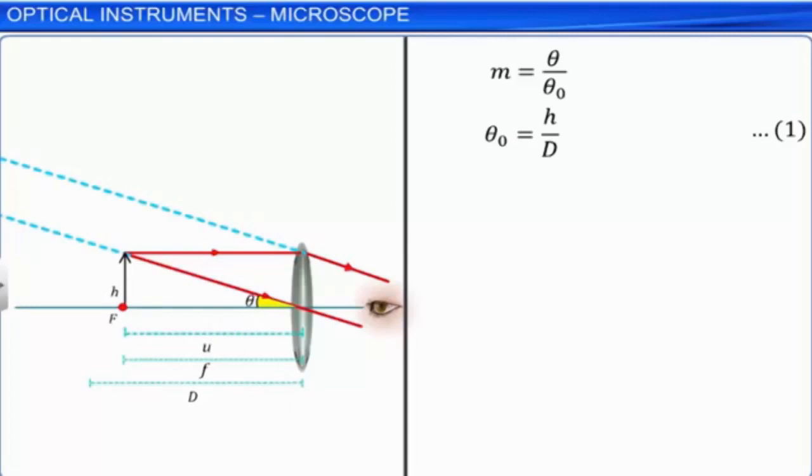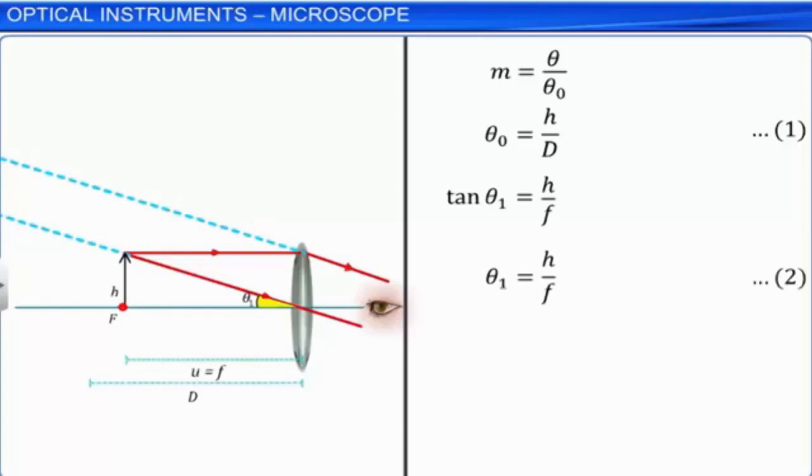When the simple microscope is set for normal adjustment, and the angle subtended by the image at the eye is theta 1, then tan theta 1 is equal to h by f, or theta 1 is equal to h by f. Let this be equation 2. If the angular magnification of the simple microscope when the image is formed at infinity is m_i, then m_i is equal to theta 1 by